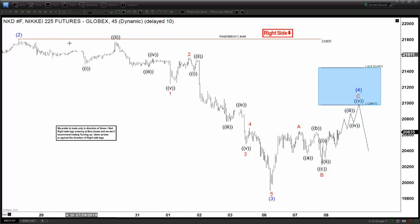We are looking at the chart of the Nikkei here. This is a short-term chart, 45 minutes. We can see right now indices has been doing a brief rally here after the sell-off in the past couple of days. After Trump's tweet, right here it's trying to recover in the sell-off. This is the Nikkei. We have the right side down. That suggests trend wise we do like more downside in the Nikkei here, and we are now correcting or bouncing